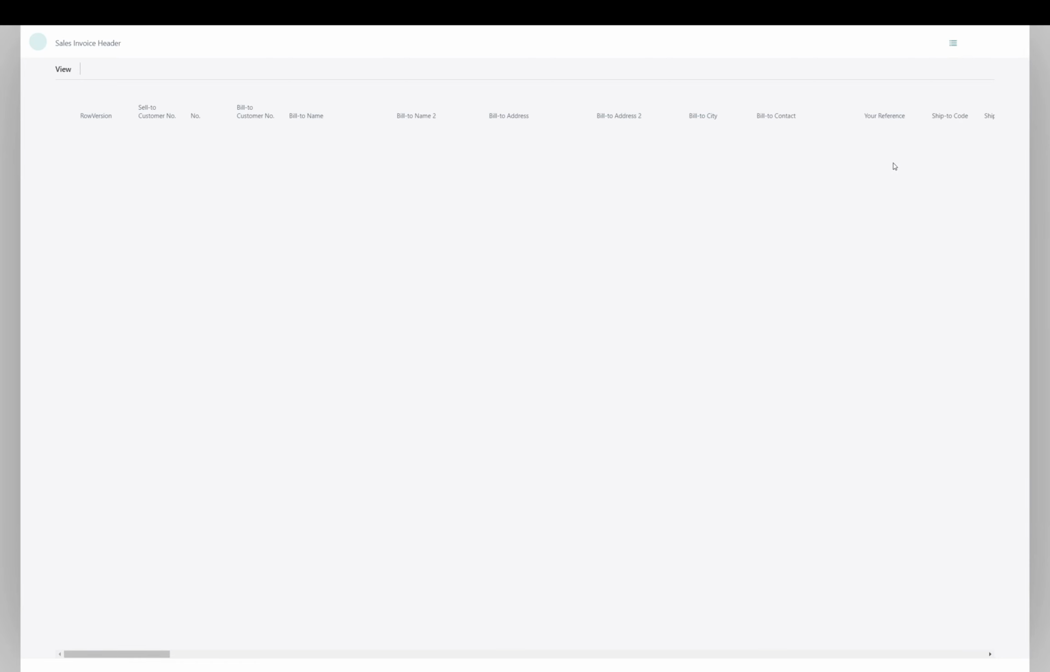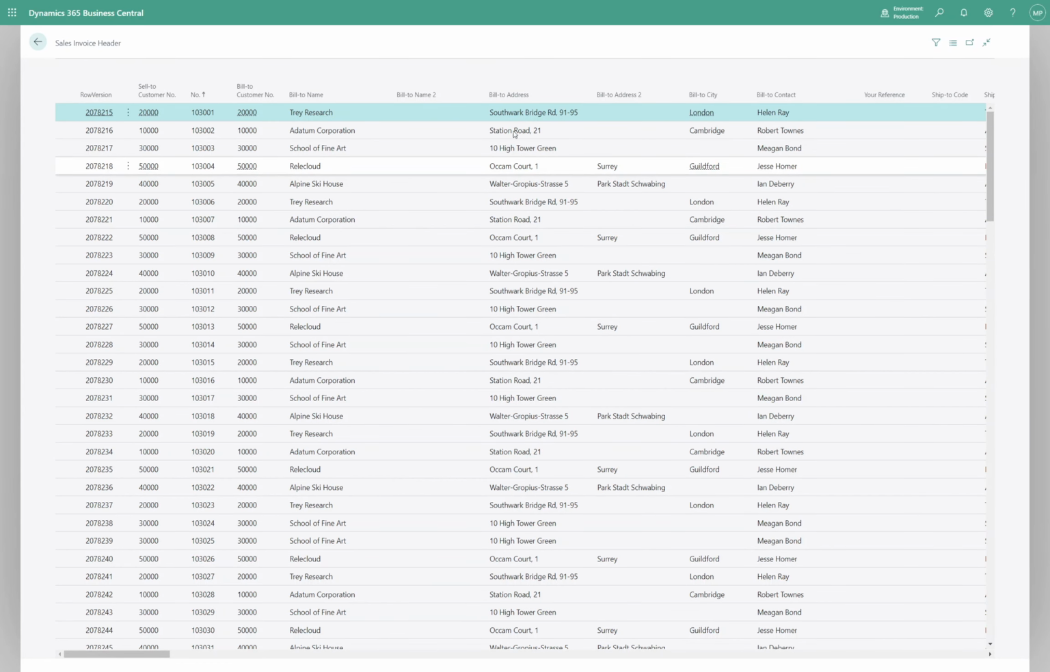If I click on view table, now this actually opens a new tab and it brings up the table data for the sales invoice header, which is where the posted sales invoices are stored. Now, you don't need to worry too much about all of that unless you're looking at some development of Business Central. But what we now have is we have our list of posted sales invoices, but with all of the